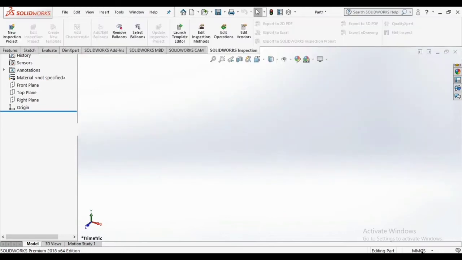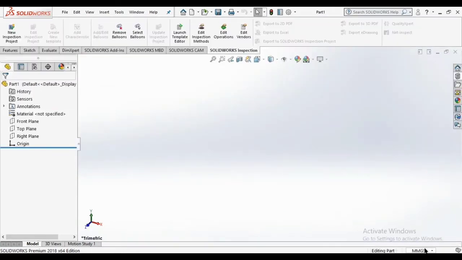We will use millimeter gram second units, that's correct. After that we have to select any plane, that may be front, top, right or origin. It's up to you. So let me select front plane.